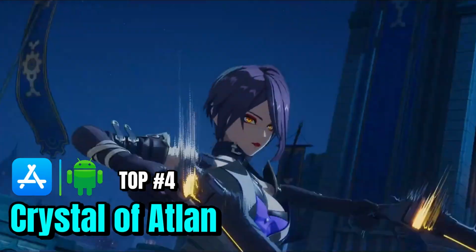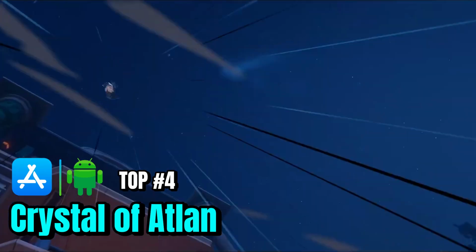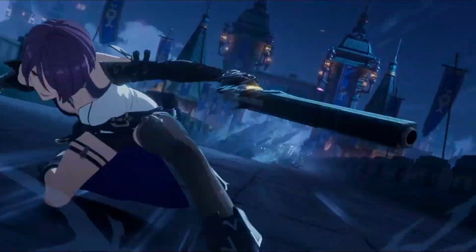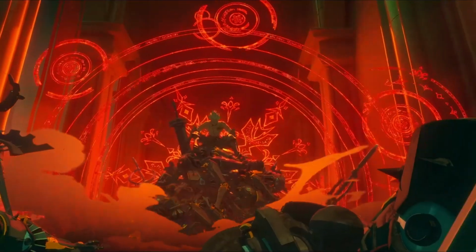And at number 4, we have Crystal of Atlan, a new MMORPG that decided to mix magic with technology. And here, it actually works. You enter a world called Atlan, where people wield a sword in one hand and a strange machine in the other. Combat is in 3D, with attacks coming from all directions, above, below, sides, front, and even from the spots